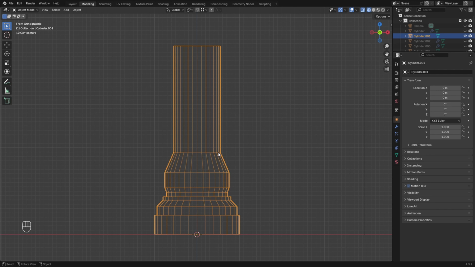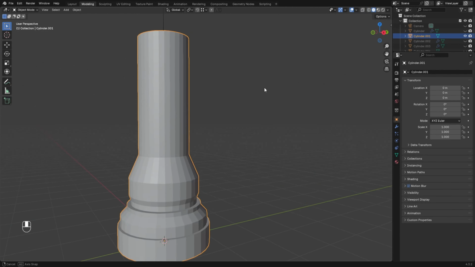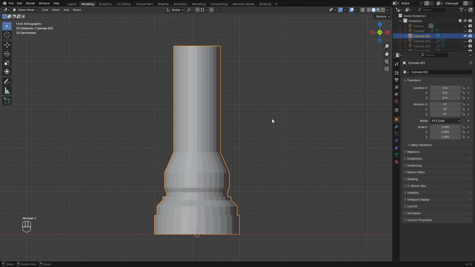I will use this as my profile to model it. Okay, it is already modeled, as you can see. This is what we will design. It's very simple, low poly, but I will use this as a reference. So I will go to wireframe mode,